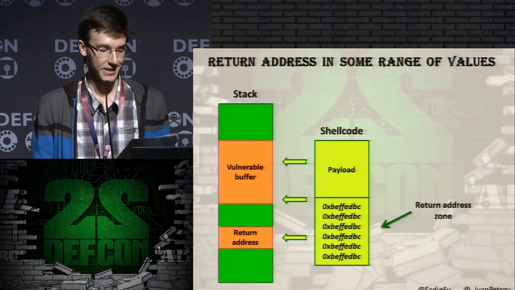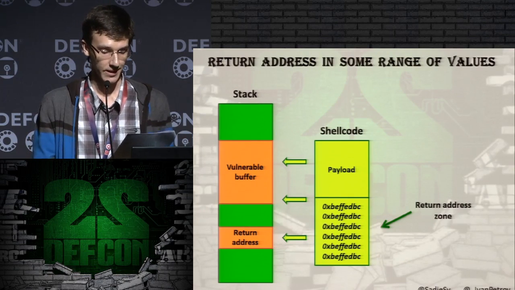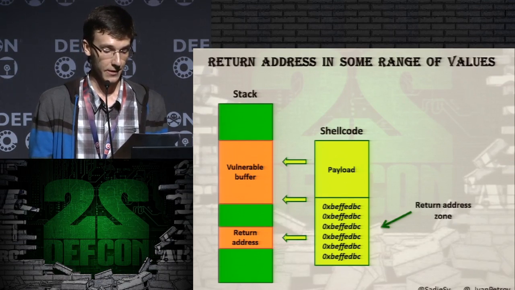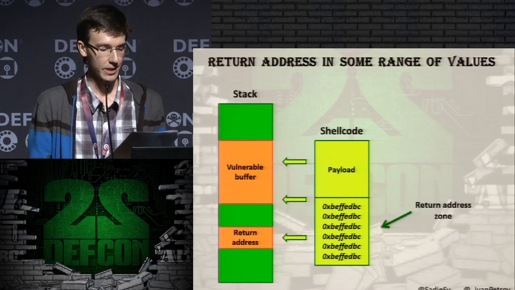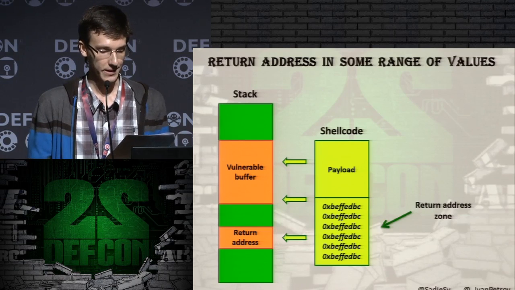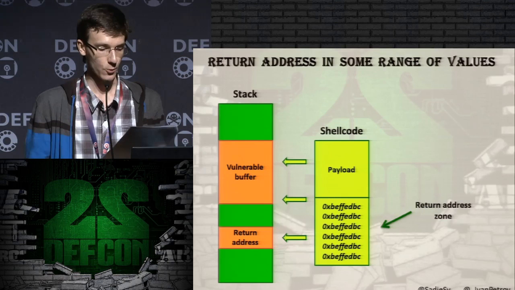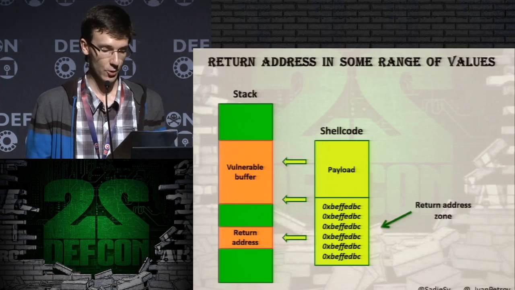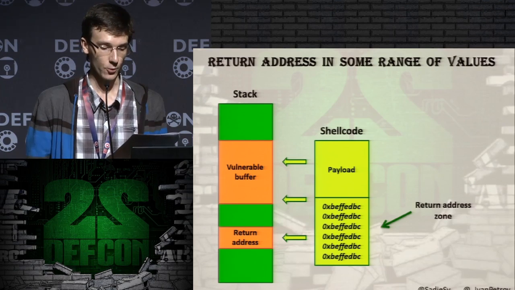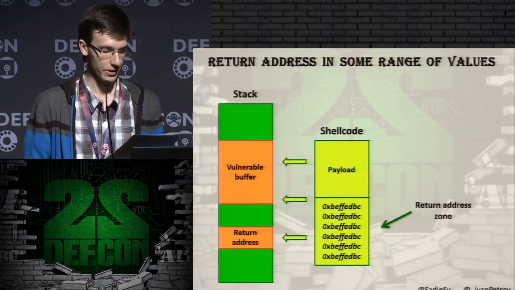Another interesting feature is the existence of a return address zone. The return address zone is a range of valid values of addresses. These addresses should be valid because they redirect the control flow to the shellcode. So, this address zone should allow the execution of instructions. Otherwise, we will get an access violation. In the example, we see how the shellcode overflows the buffer to write this return address. So, if we check the data for these valid address zones, we can detect shellcode. This is a very simple technique.